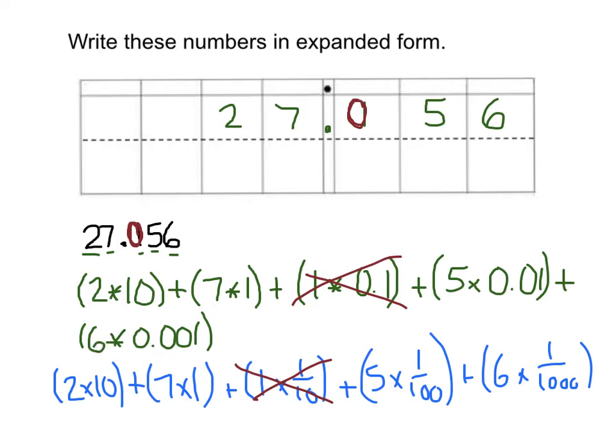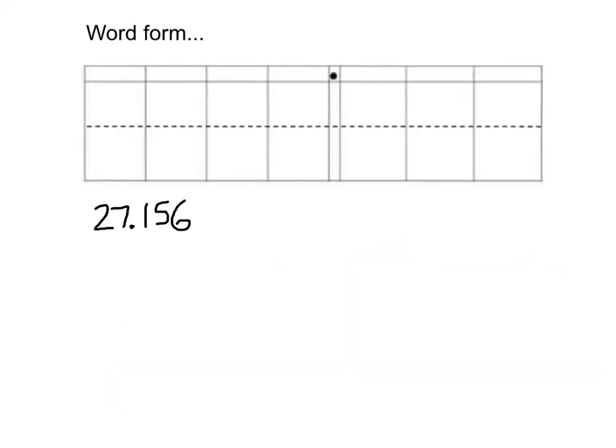Now going to word form, I'm just going to write it in words the way you would say it. So this is 27 and 156 thousandths. Now, what are the steps to reading this number? Well, the first step is that you say the whole number part, in this case 27. Then you say the word "and" for the decimal point. Next, you say the number after the decimal point,